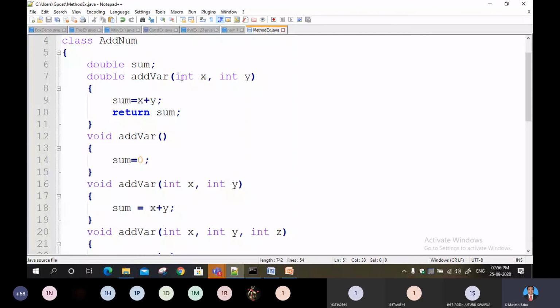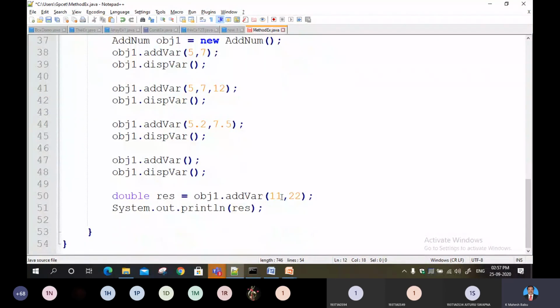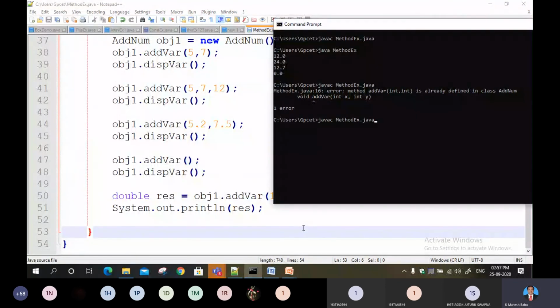Two same parameters are a little confusing, so I'll take float. Pass the float values. When it is float, I told you an f should be added. See again. Now run the program. So now the result is 33. Okay?